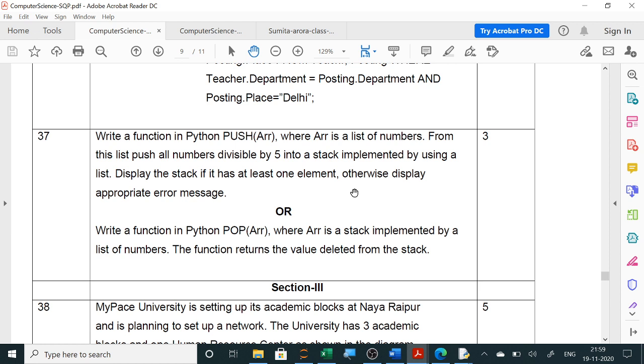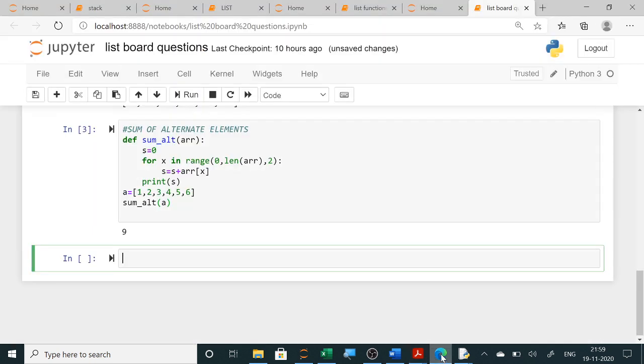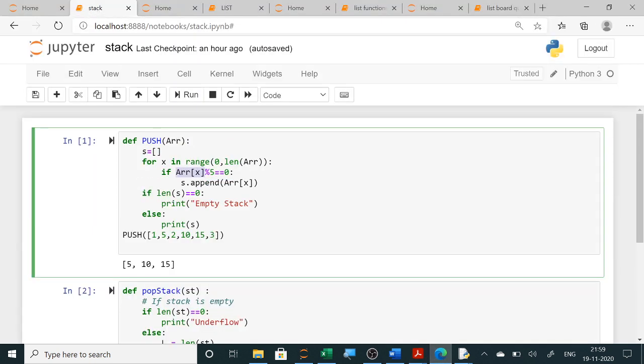Here in stack you can see the numbers which are divisible by 5 from the list will be pushed in the stack. We have already discussed this in our previous video. It is simply in the form of a list only. The array is in the form of a list, and I have used a stack here.